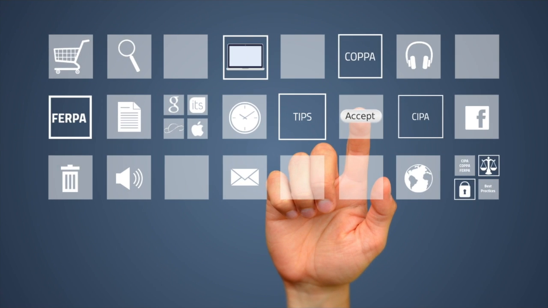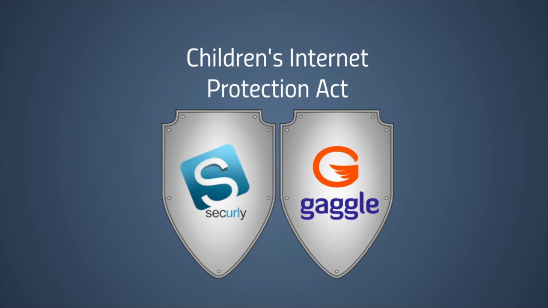There are three main laws that dictate how schools and teachers keep students and their data safe on the internet: COPPA, SIPPA, and FERPA. While there are slight differences in the focus of each law, who they target, and how schools are held responsible, all three are aimed at protecting students. Let's take a look at the first law, the Children's Internet Protection Act, or SIPPA. SIPPA requires districts to put measures in place to protect students from harmful or inappropriate online content. For school districts, this means that they must use an internet filtering system that not only blocks access to harmful content, but also monitors internet activity by minors.